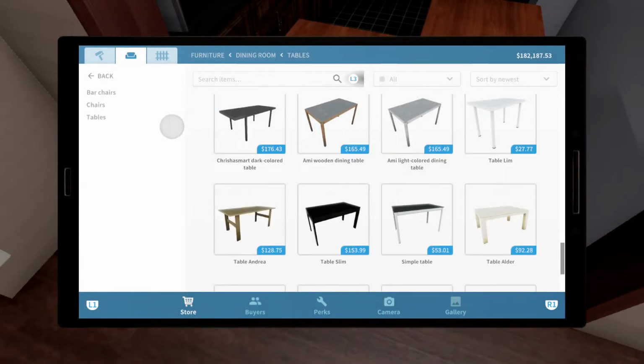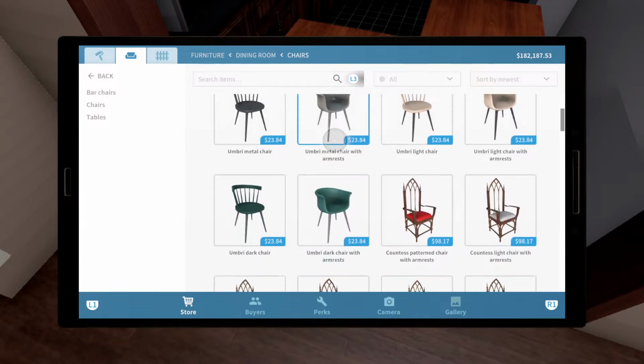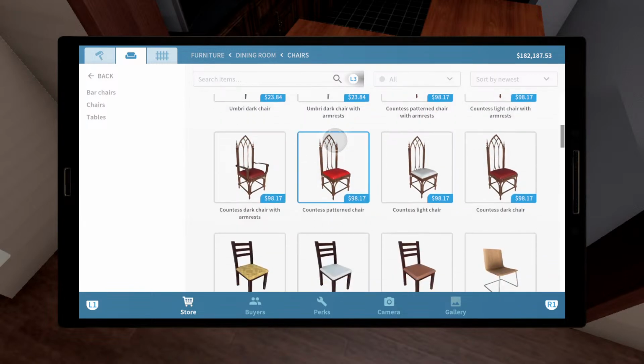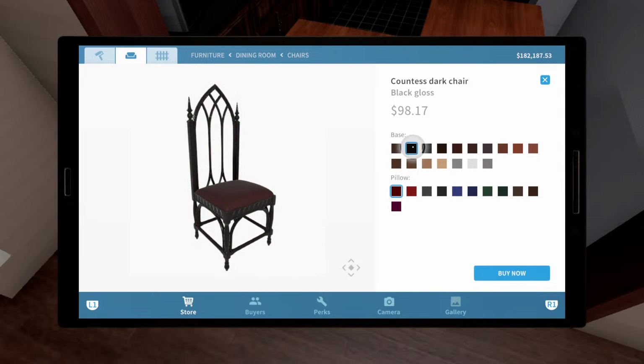Okay, now chairs. Thinking maybe this, something with a cushion on it, because you know you want to be comfortable when you eat, obviously. Maybe go with the black and bring out the...